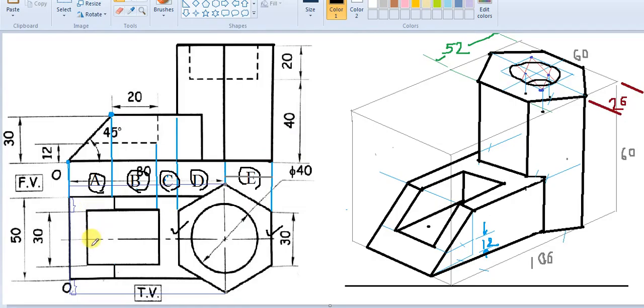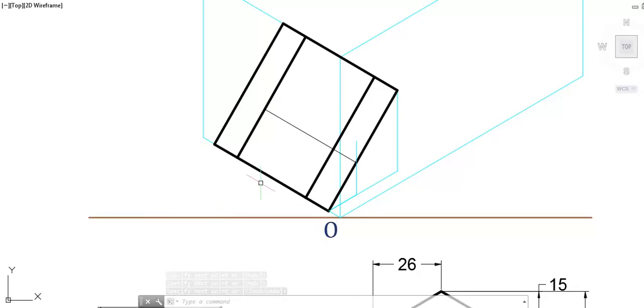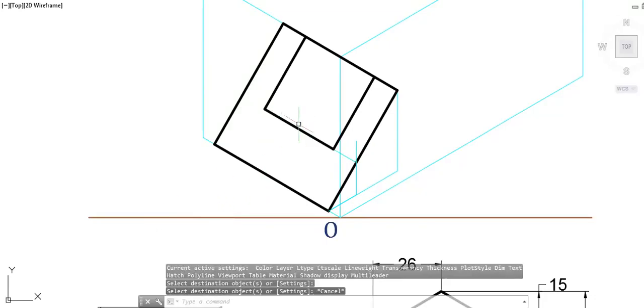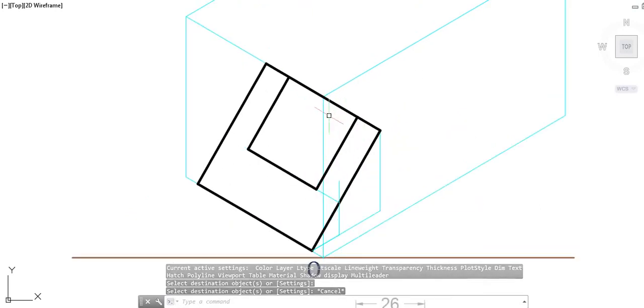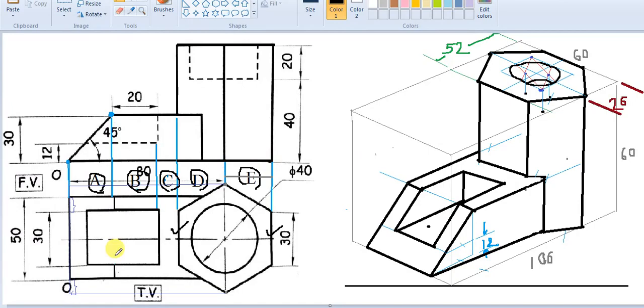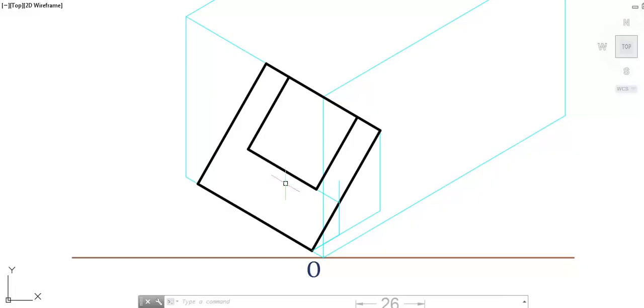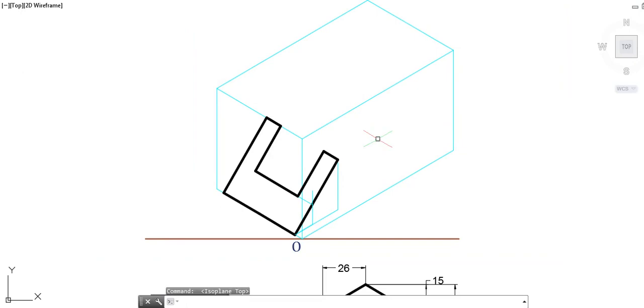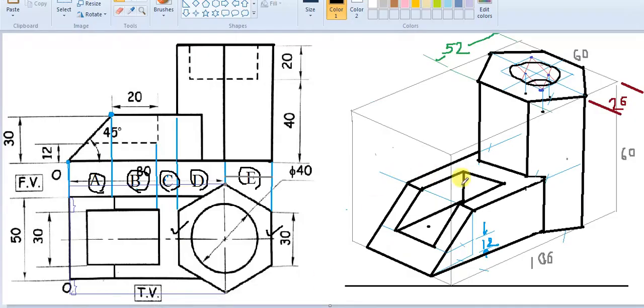So the extra part I will remove and I will assign proper line thickness. So now this part which does not exist, we can see there is no line in between these 2 small segments. So we will just delete them. Now thereafter we can see these lines are emerging, of which these line segments we know the complete length, which is 20 millimeter as given. So we will draw those lines.